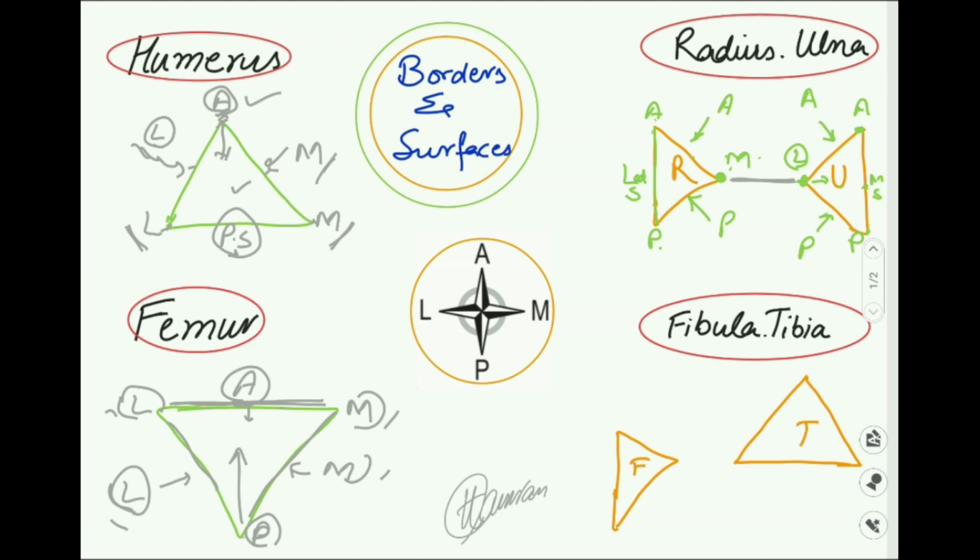Tibia has, identify the odd ones. Tibia has an anterior border and a posterior surface. This is like the humerus bone. Rest is simple: it has a lateral border and a medial border. Here on the medial side, between the medial and the anterior borders, we have the medial surface, and here between lateral and anterior we have the lateral surface. So tibia is simple like humerus. It is placed in the body with the anterior border and a posterior surface.